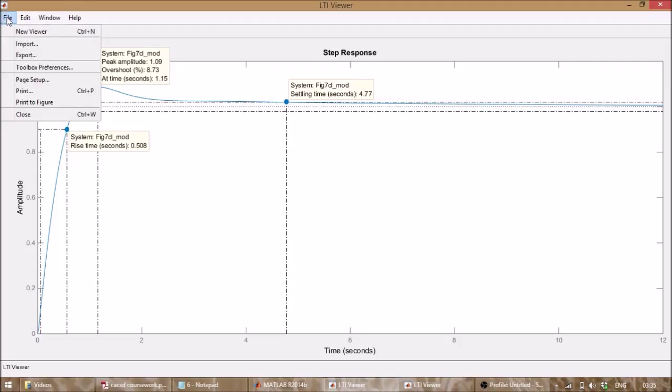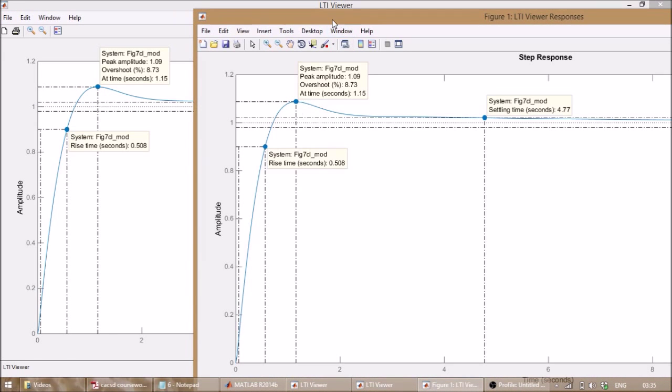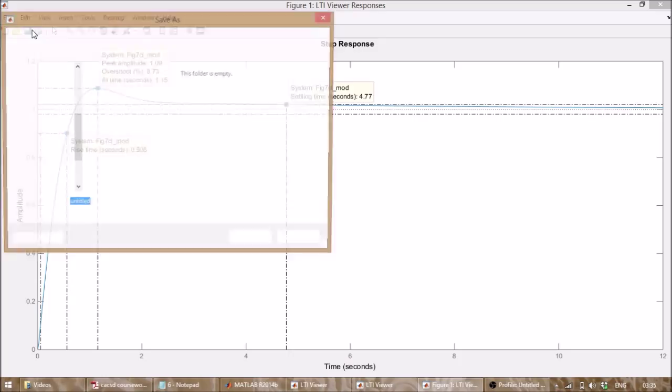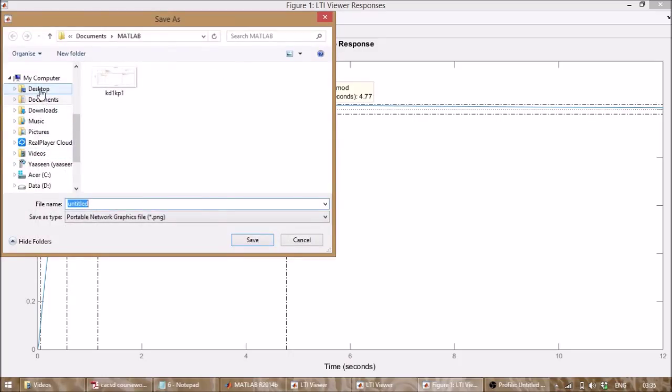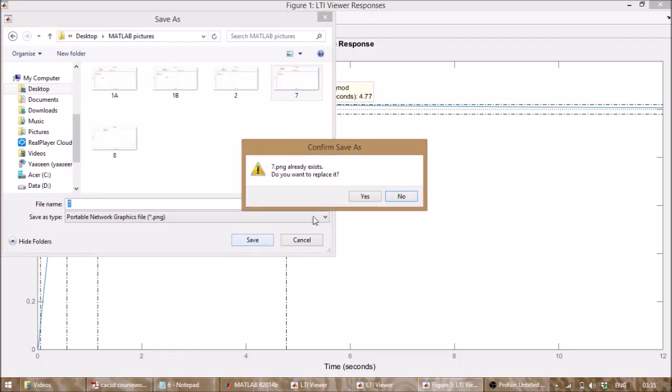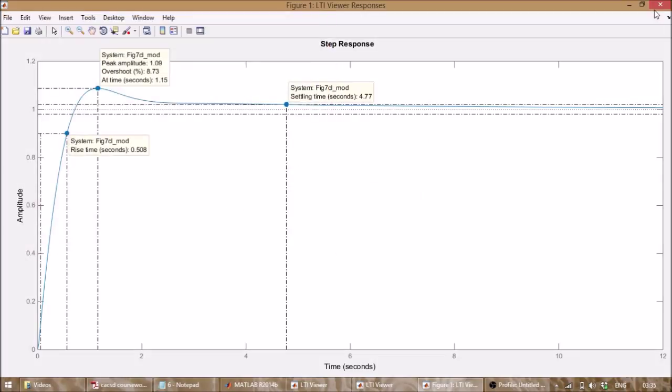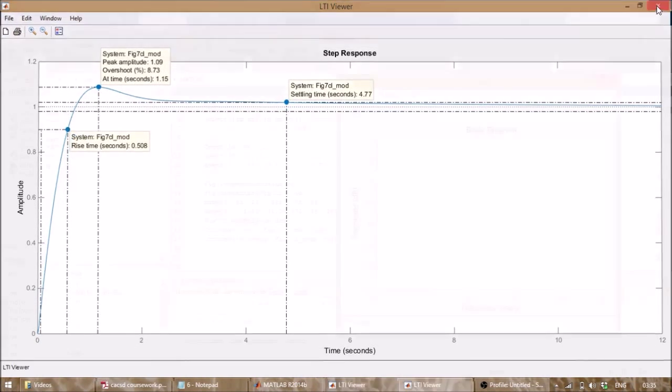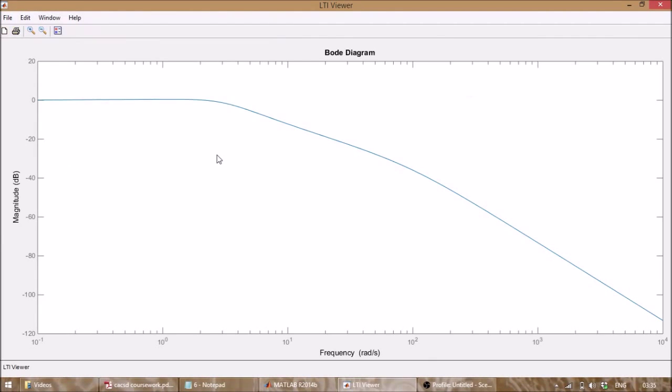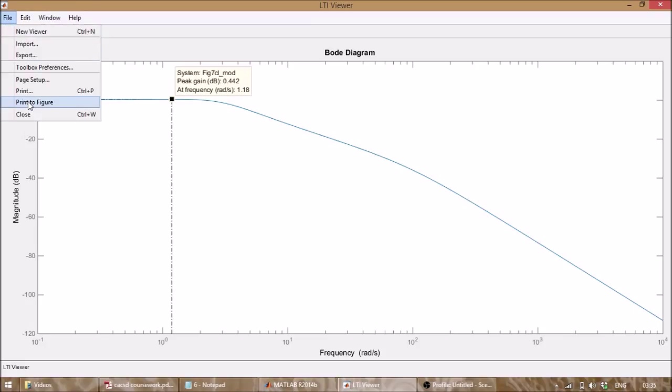So let's save this, print to figure, save, desktop, pictures, save this as step 7, click save, close that. Now for the one for step 8, get the values displaying, file, print to figure,